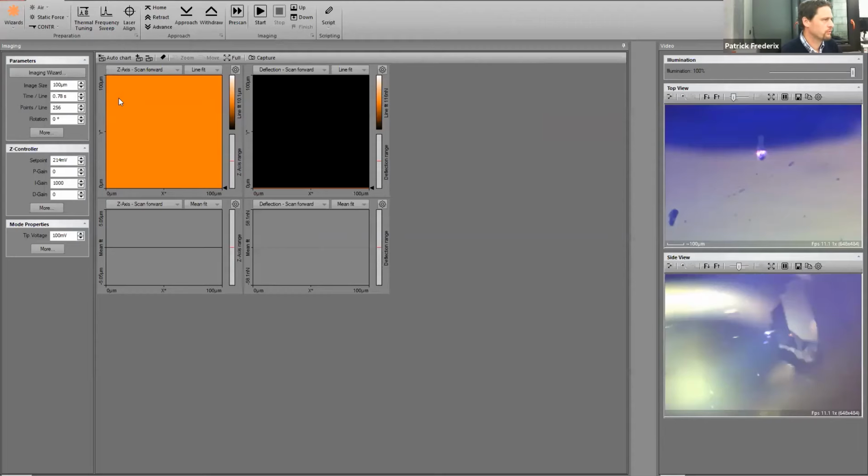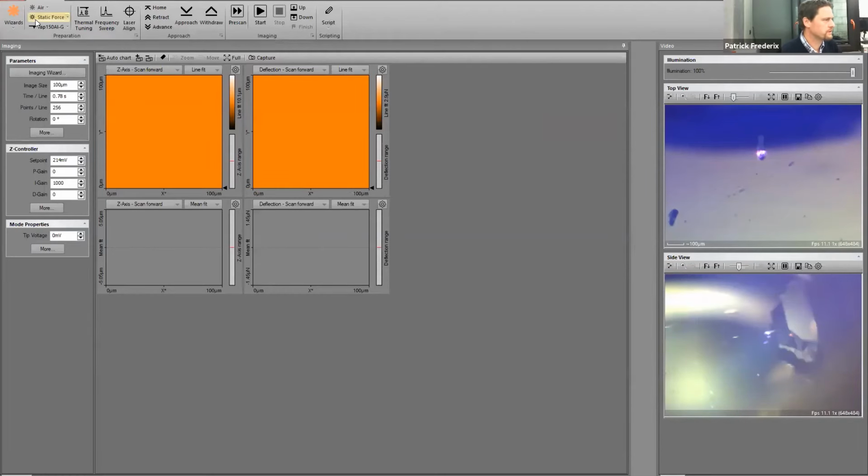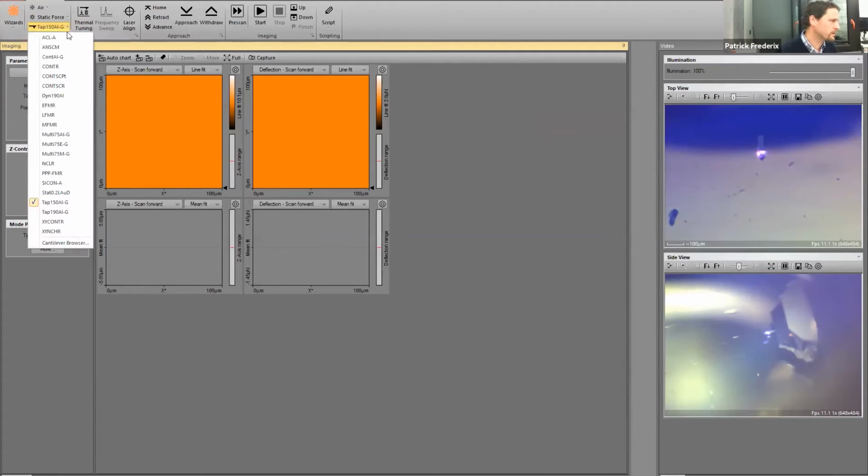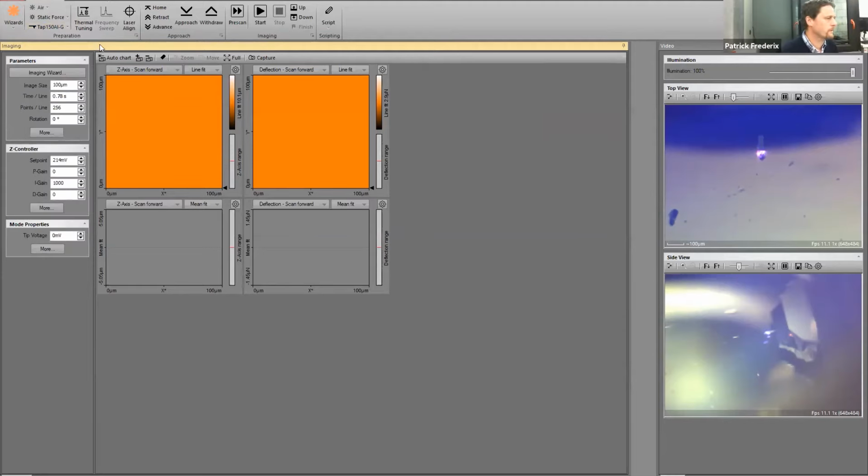So what you already see is the mode has been changed to static force mode. The cantilever has been changed to TAP 150 ALG. So that has now all been done. And if you have a different cantilever, you can still pick one from the list. The next part is we need to